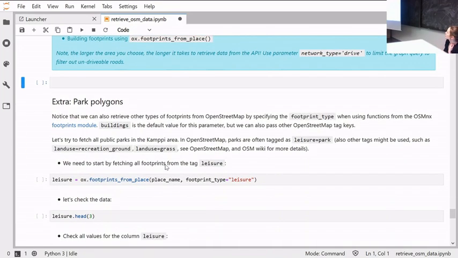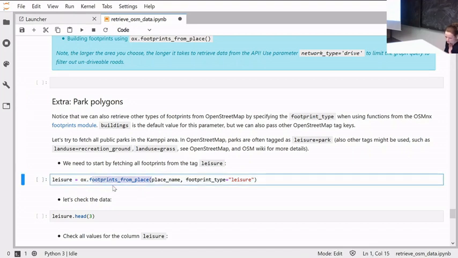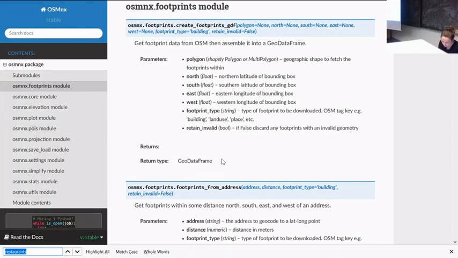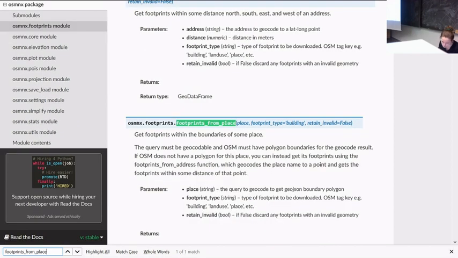I'll just quickly show how to fetch other types of features. So we have this footprints_from_place function, and we have still the place name. I'll just show the documentation quickly. Footprints from place. So there is this footprint_type equals building. So that's what we did. The default value is building in there. But then